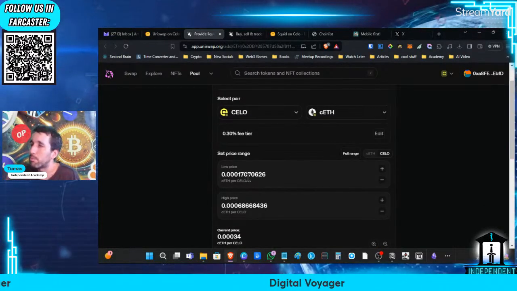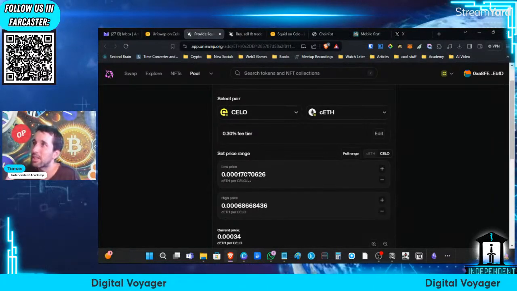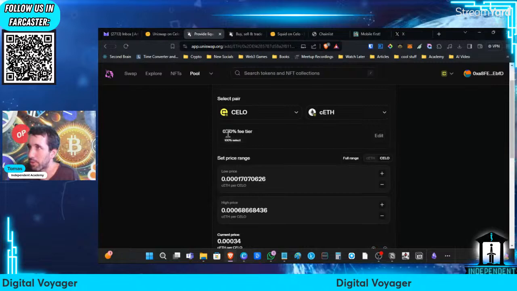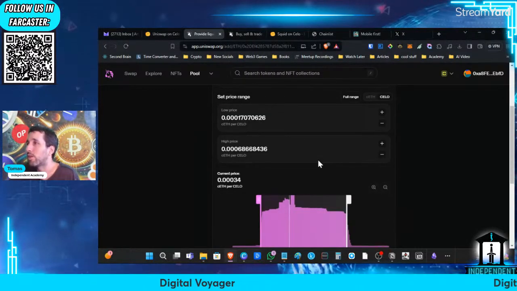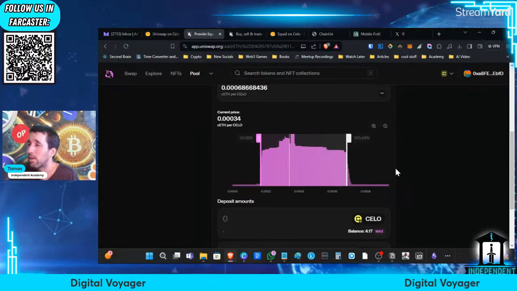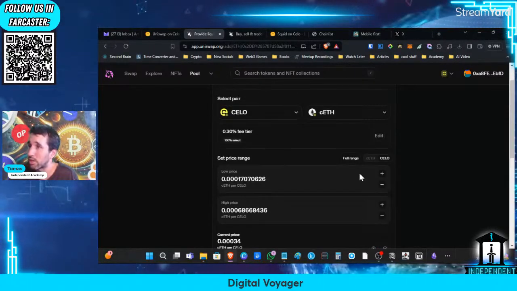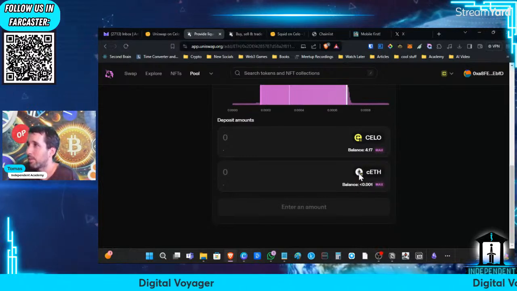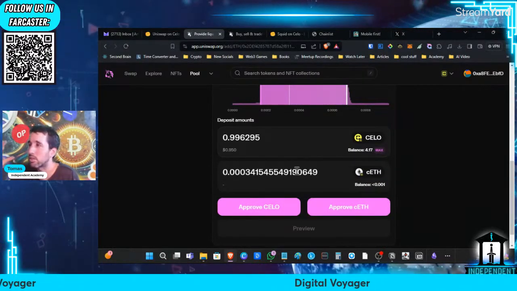And then you put both tokens in the pool and people can trade between them, and you collect a small fee, 0.3% of that fee. So it's a way for you to earn passively. There's a whole bunch of other stuff that you need to take into consideration, like impermanent loss and all that stuff, but that's the basic concept.